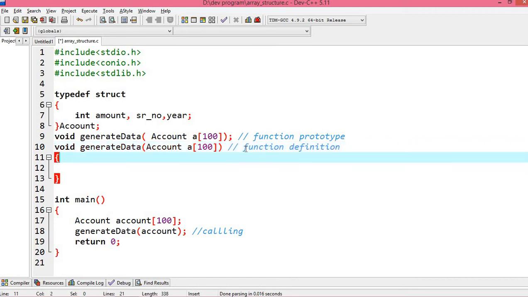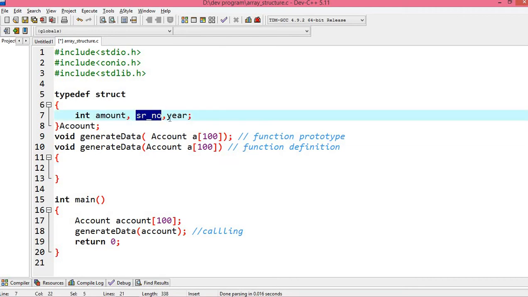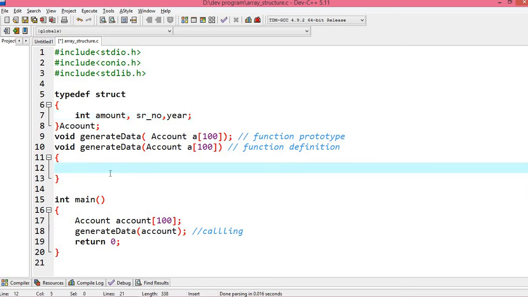Now, inside this generate data function I will use the random function to randomly populate the structure elements, that is amount, serial number and year. To create a unique random number sequence whenever I execute this program, I will use the srand function, and inside this I will pass time with NULL as an argument.